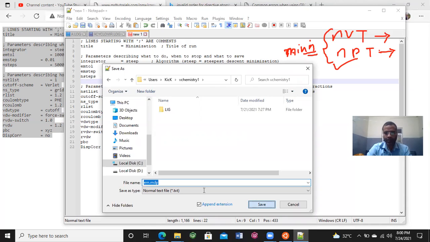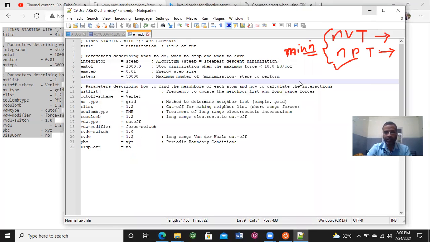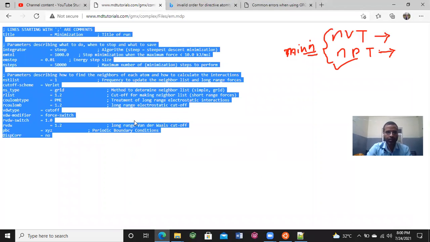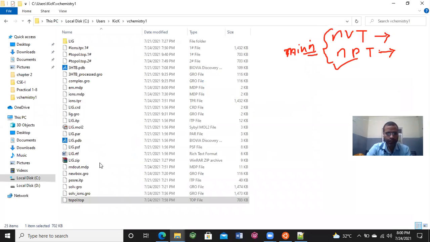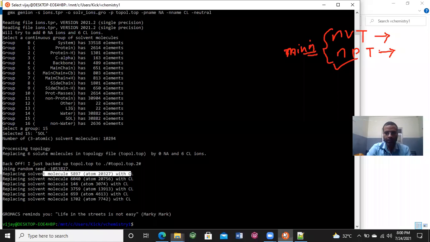Save it. Again, check whether this file is an MDP file or not. Go to the location and check that em.mdp is an MDP file. So leave it and go for the next command.